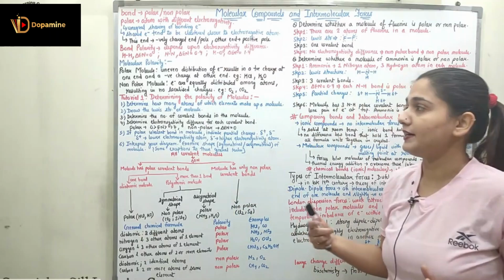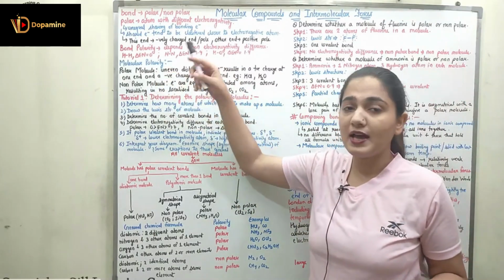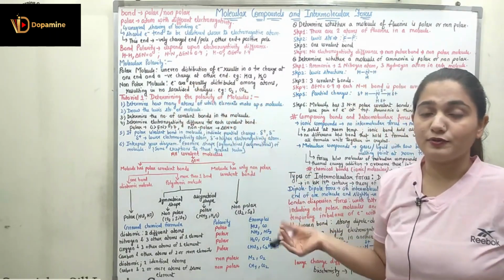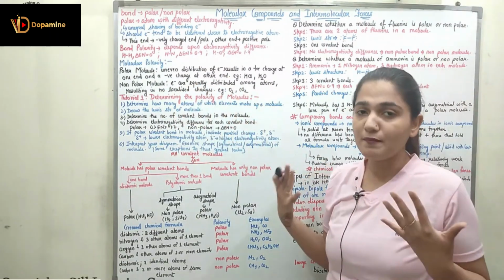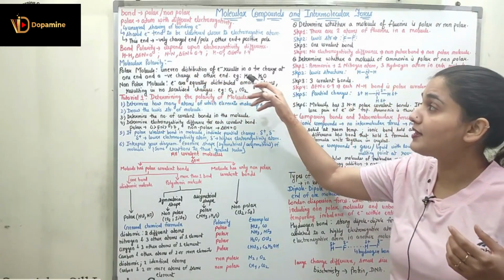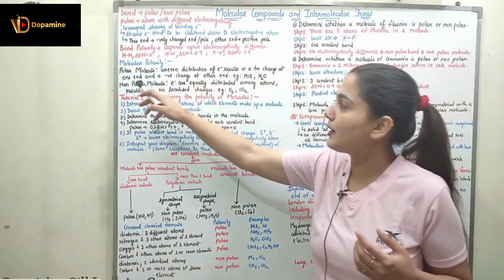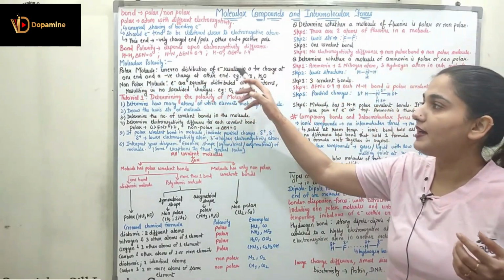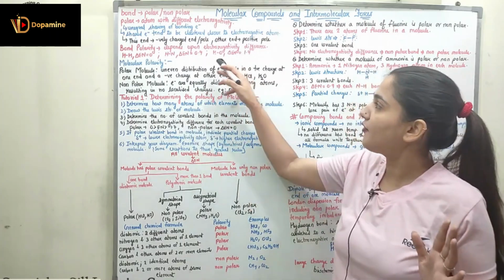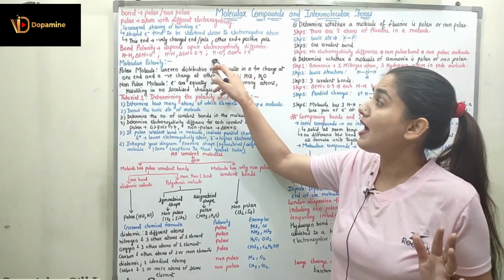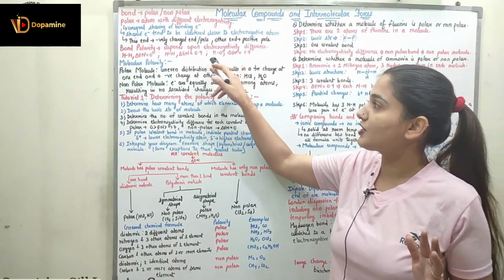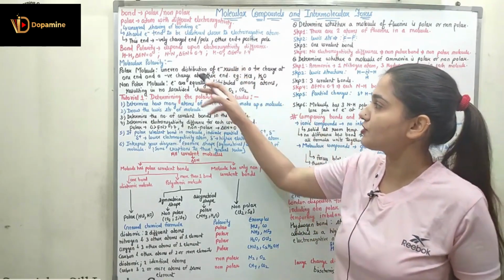Coming to the molecular polarity. In the molecular polarity, we have two types of molecules, polar molecules and the non-polar molecules. Now we have to understand what is a polar molecule. A polar molecule will have an uneven distribution of electrons, which results in a positive charge at one end and a negative charge at the other end, right? Like here, if I talk about the hydrogen oxygen bond, we have uneven electron distribution, due to which oxygen will have the partial negative charge and the hydrogen will have the partial positive charge, right?